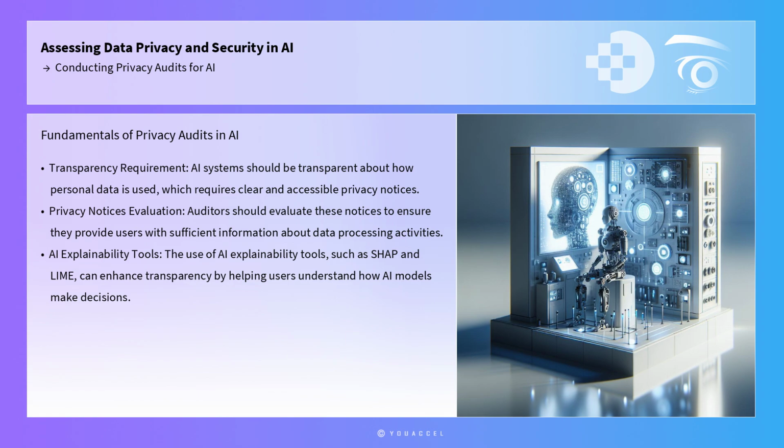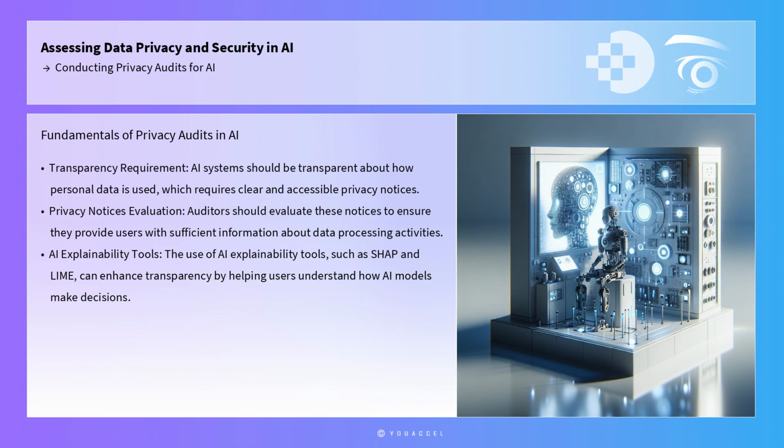Transparency is another fundamental aspect of conducting privacy audits. AI systems should be transparent about how personal data is used, which requires clear and accessible privacy notices. Auditors should evaluate these notices to ensure they provide users with sufficient information about data processing activities. This includes the purposes of data processing, data sharing practices, and data retention periods. The use of AI explainability tools, such as SHAP and LIME, can enhance transparency by helping users understand how AI